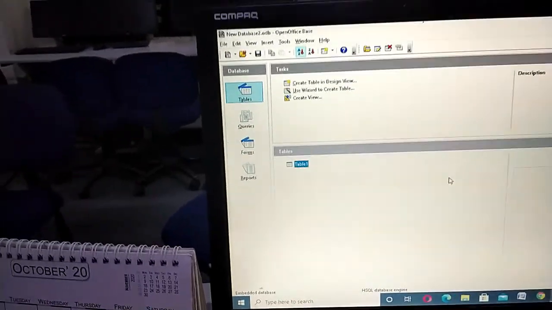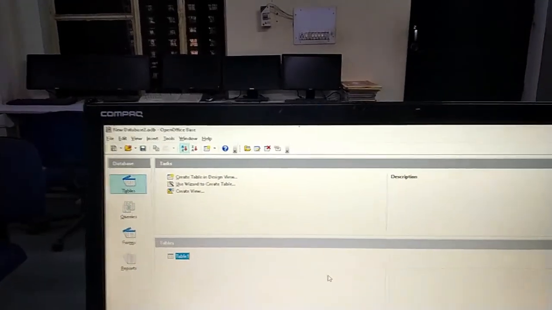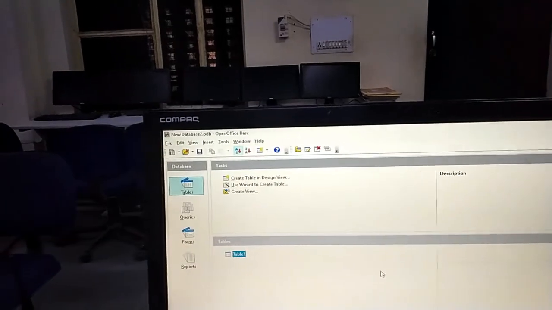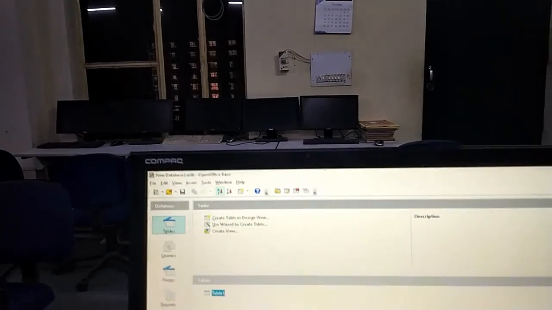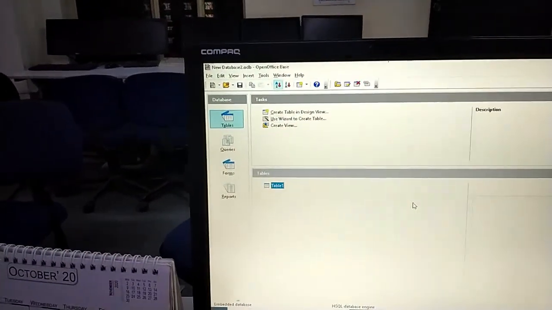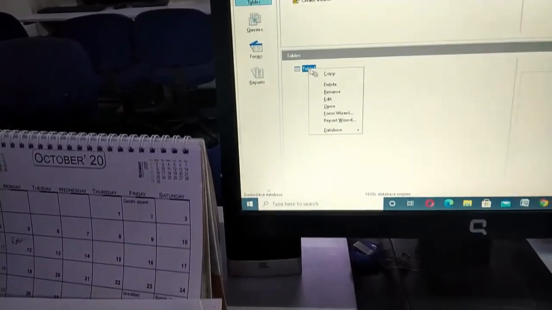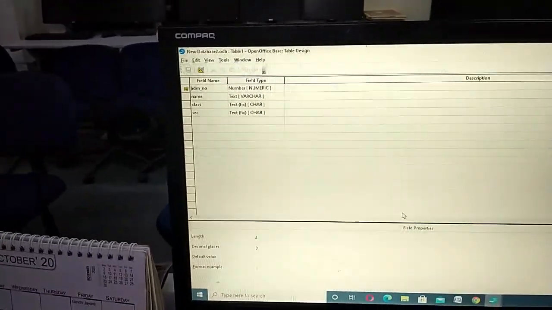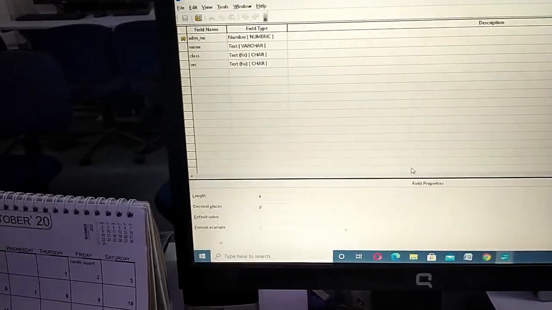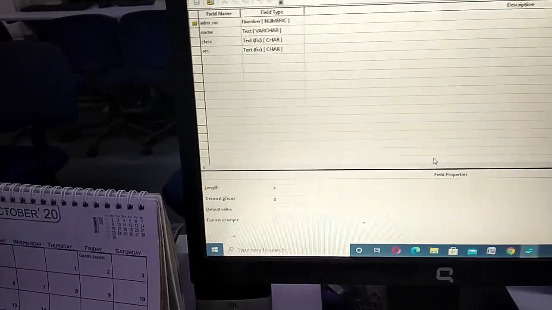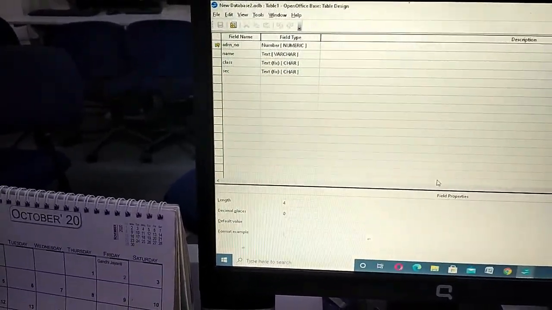This is how to create a table in the design view, how to enter the data into that, how to select a particular primary key, how to make any field a primary key, and modifying the table design. As I have shown you, just again click on the table and go for the right button and say edit. These options allow you to modify the old table. You can add the new field, you can delete any old field, you can even move the sequence of the field. And this is how moving a field works.